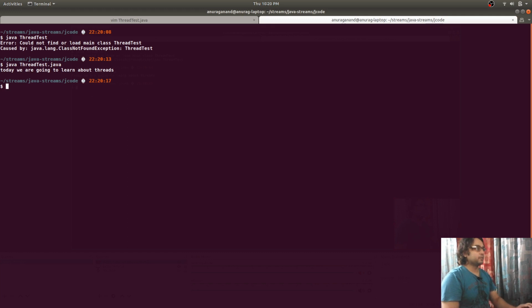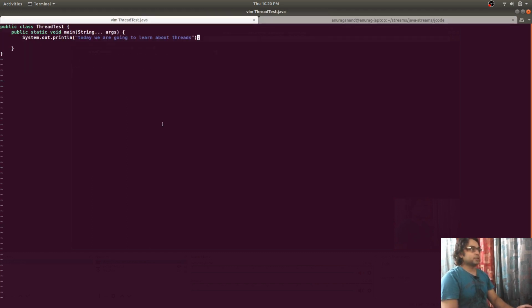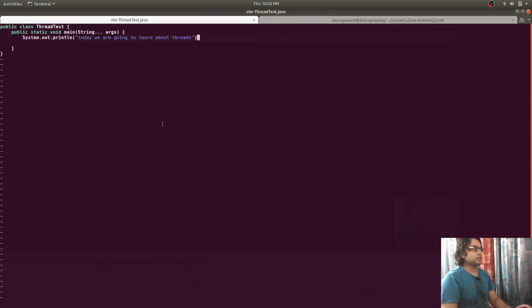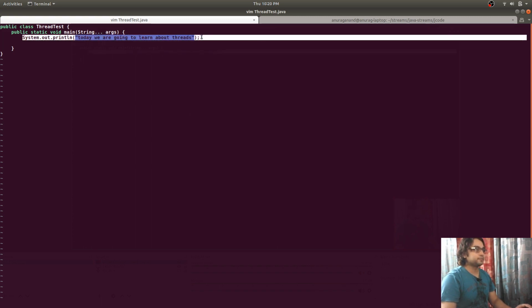We don't need to compile and run; you can directly run a Java file. So when I ran this application, the Java command created a Java application, and in that application a main thread was created, and that thread executed these instructions.